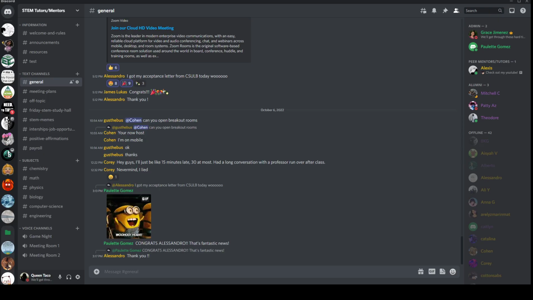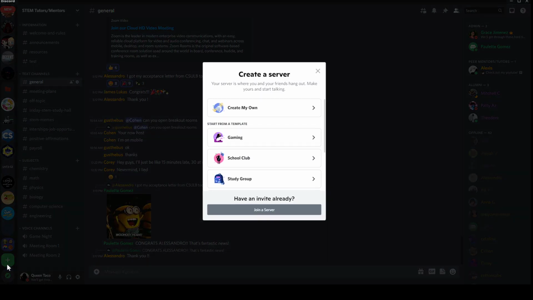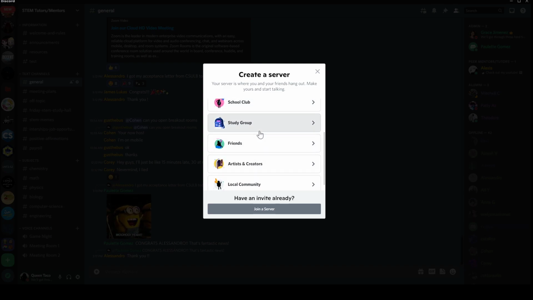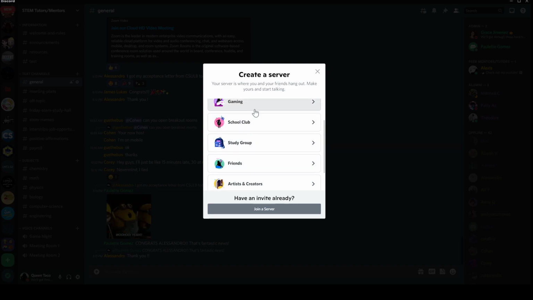All right. So this is the tutor and peer mentors for STEM server. And going back to joining a server, if I scroll all the way down through all my stuff, there is an add a server and there's always explore public servers. When I add a server, it shows how you want your server to look like. So if it's for a school club or a study group or for friends, it has so many things to do. So if I click on,